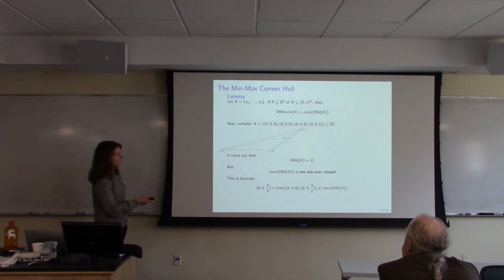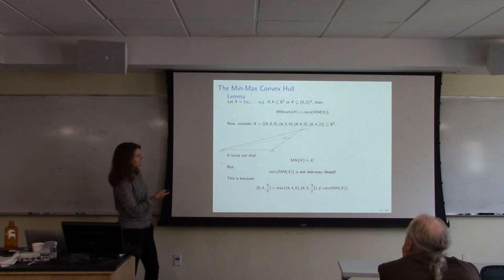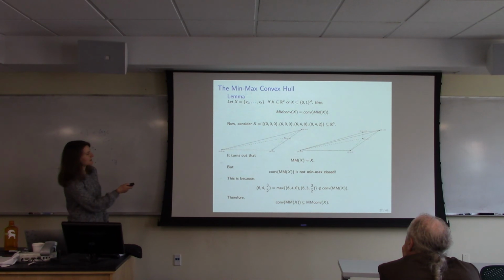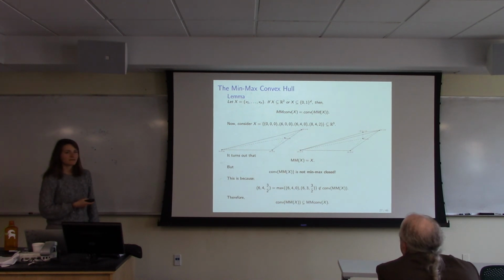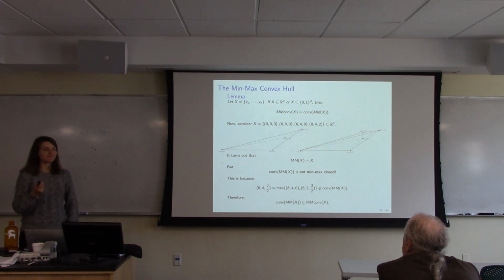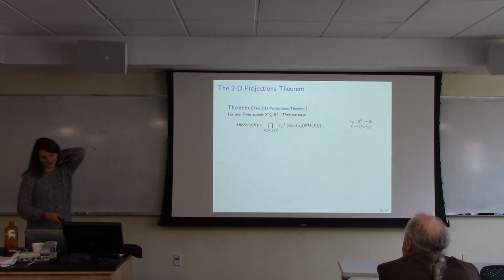So let's take the maximum of this point here, and this other point, which is on this line, 3/4 of the way. Then that equals this point, and it's actually a little bit outside. But it's intriguing that this is labeled lemma. Is this going to actually lead to something general? Yes. Now I'll tell you how to find the min-max convex hull. So it gives you a lemma, that's still nice.